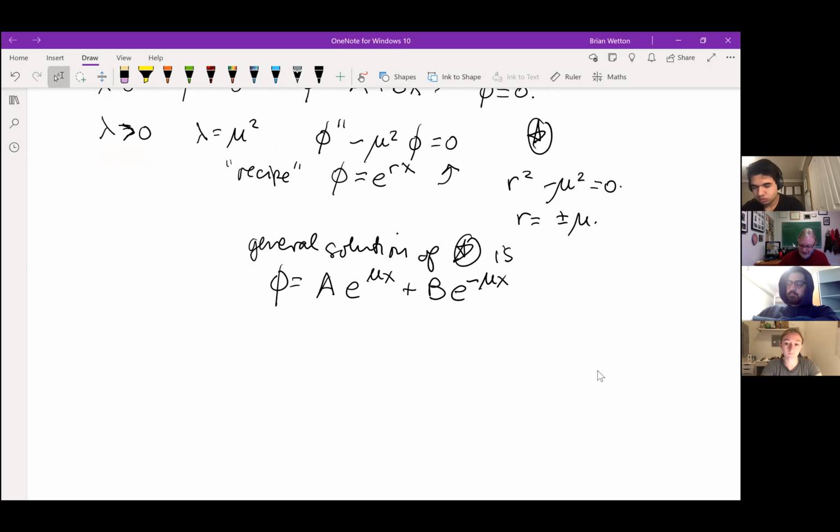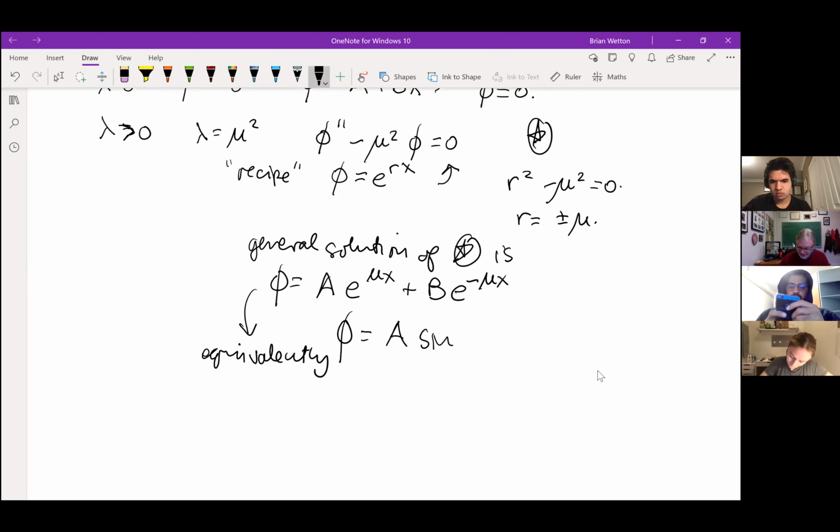And in the notes to the first assignment, it said that if you can use hyperbolic trig functions, it will make some of the algebra easier. Well, this is certainly the case here. I can write equivalently, I can write it as a linear combination of hyperbolic sine and cosine functions. So this is C hyperbolic sine mu x, and maybe I should use different letters, D hyperbolic cosine mu x,